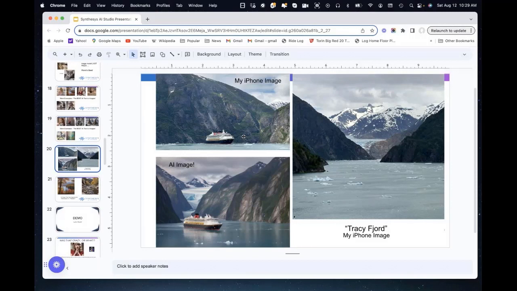And I would like a picture of a Disney cruise ship in Tracy Arm Fjord with some small icebergs floating or something like that. And it did it. You see the small icebergs on the top? Do you see the type of foliage, that very low shrubbery that's on the mountains? It recreated that exact thing.